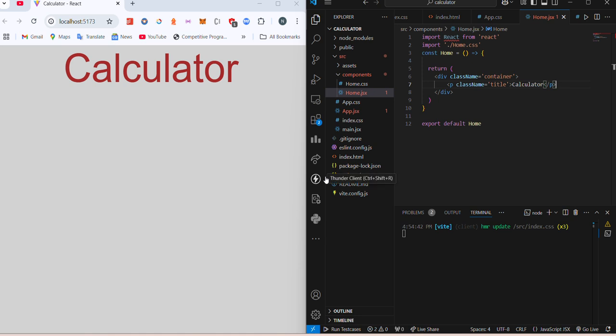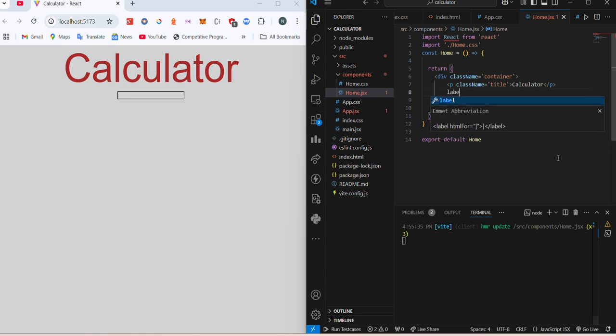So what we are going to do is create an input right here, and before this I'm going to provide a title, and I'm going to call this first value,